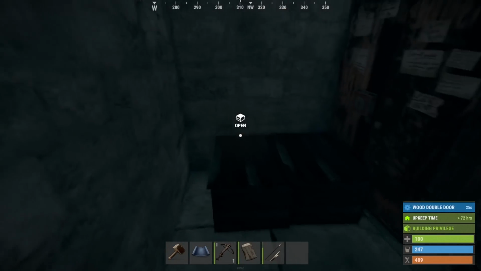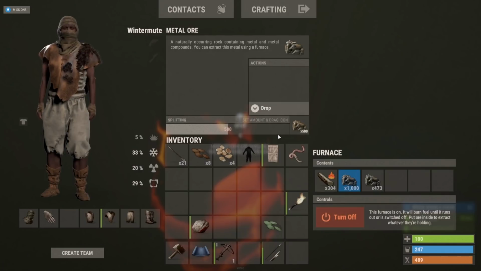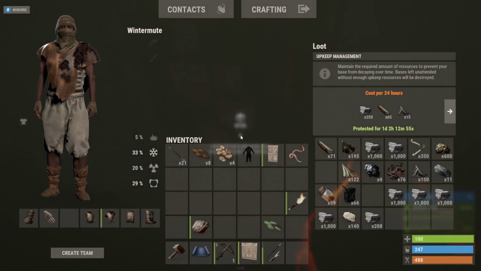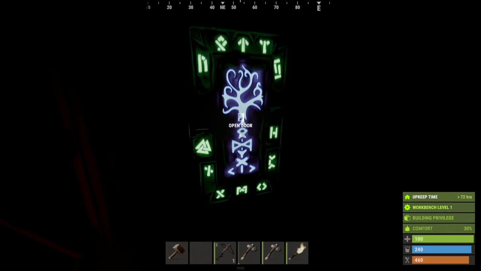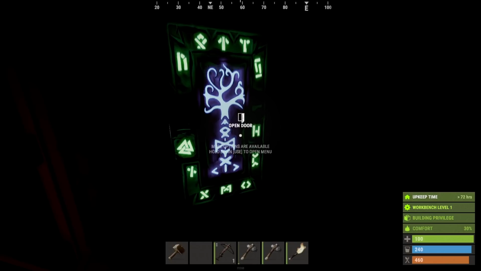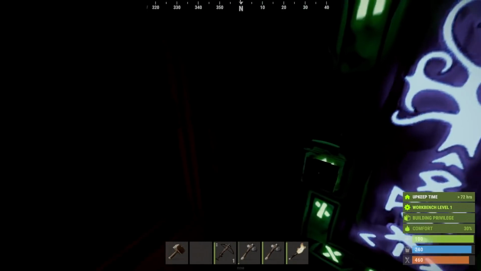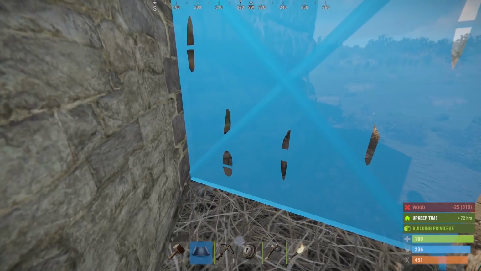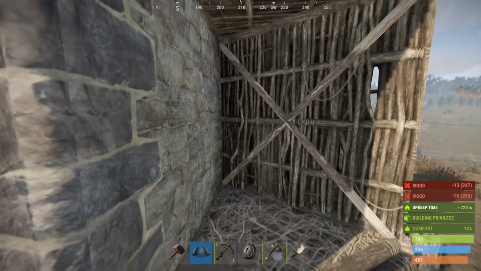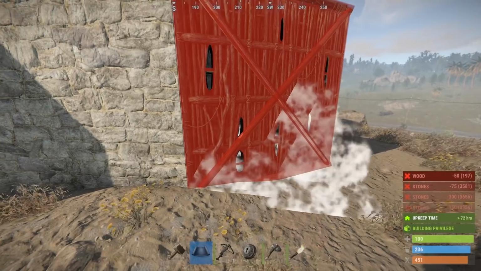Okay, we got a furnace going in here. Get the bag down. Get some metal doors on there. I don't have a glowing door on the outside because I don't want this base to be seen very easily. Because it's stone and it's up against the rock, it's a little bit hidden. And it can't be seen from that other big base over there very easily. If they run by, they'll see it, but...